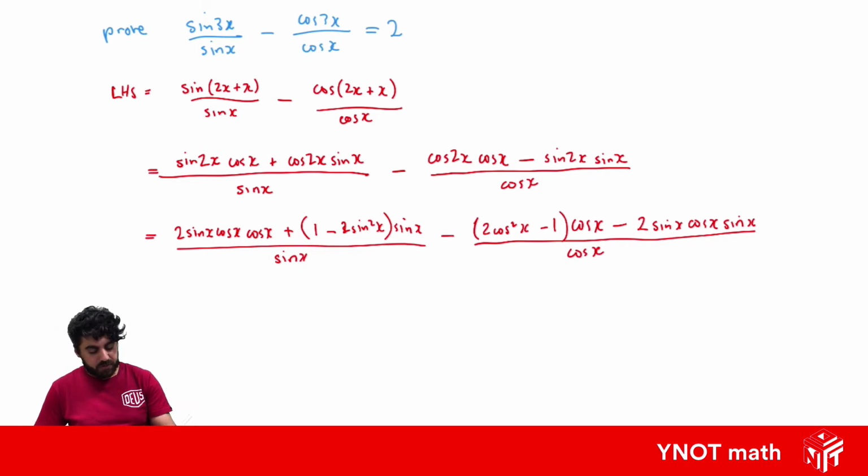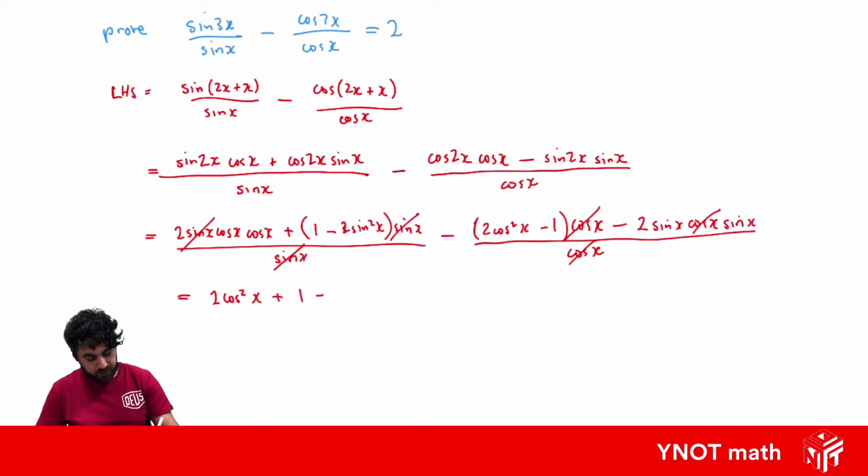Now we can do some simplifying here. We can factorize out a sine x in the numerator to cancel out with the denominator. So the sine x and sine x will all cancel out here. And on the right, the cos x and cos x will all cancel out. So we're left with 2 cos squared x